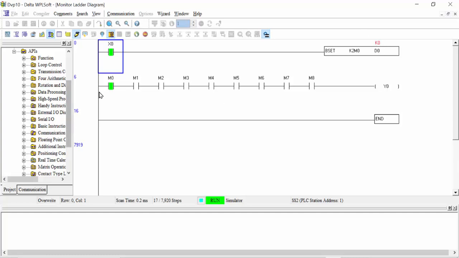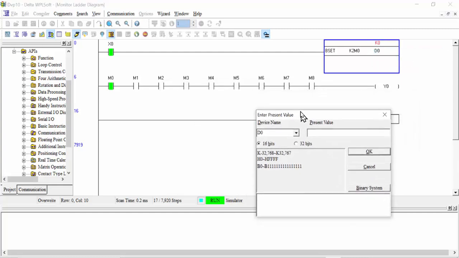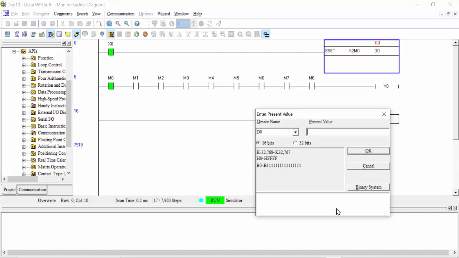When the value is K0, your first internal memory will be on, and as you change the present value and put K1 for example, your first internal memory relay M1 will be on, and as you change this to K2 your M2 will be on, and as you write K3 your M3 will be on,